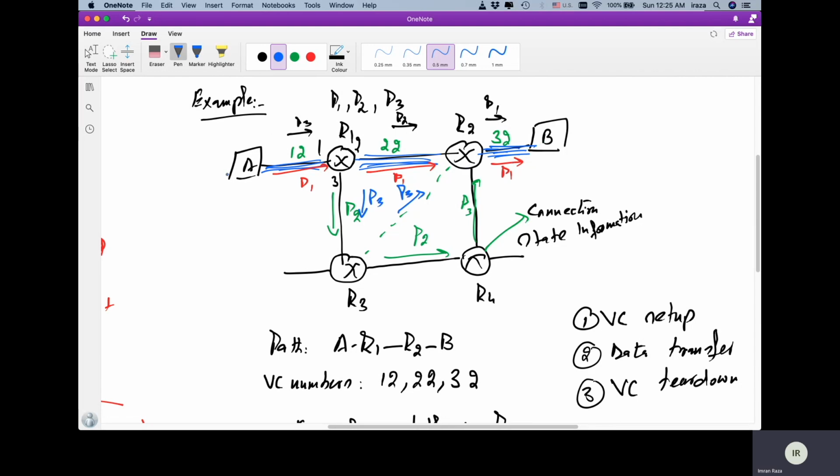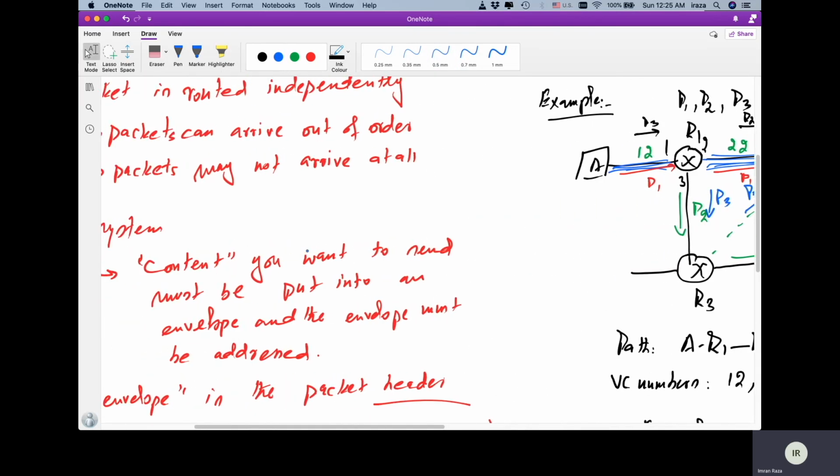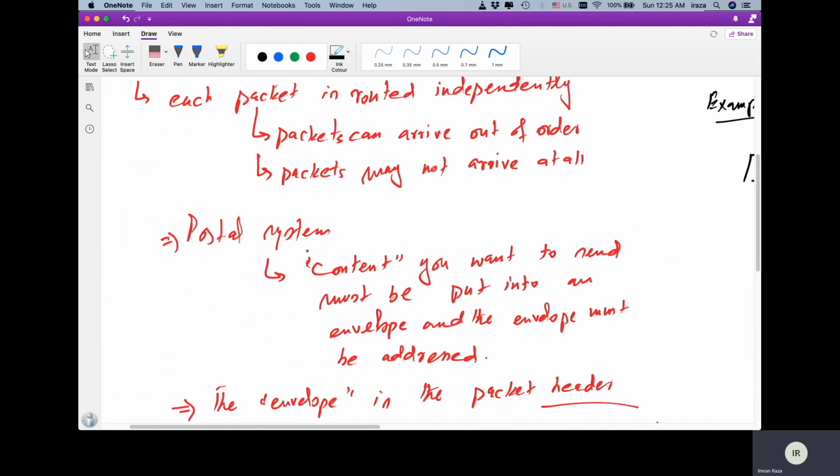But in virtual circuit networks, we have a specific path that the packets have to follow in order to reach the destination. And the origin of these virtual circuit networks is based on the traditional telephony